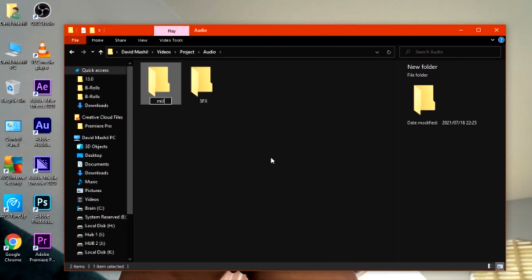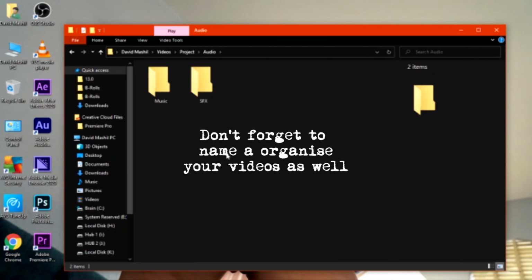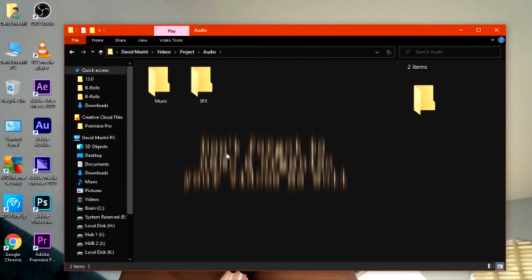Now that we're done with that section of organizing folders, you can go ahead and take your videos, whether they're on the SD card or anywhere, and start putting them in folders as I've explained each and every folder what it is for. You're going to go ahead now and open up your editing program.